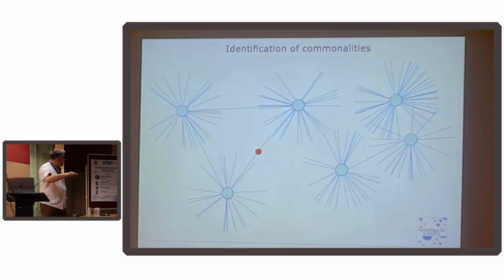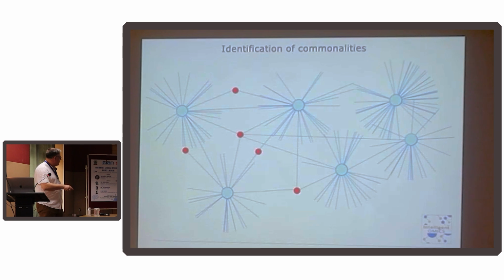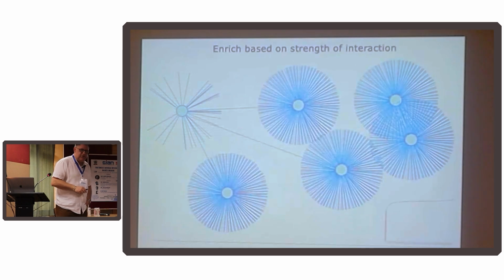What we then do, sorry, this is kind of animating itself because it's going so slowly, is we look for commonalities between those stable interactomes. So a red dot is something that's found in the interactome of this one and this one, the stable interactome. So effectively, this new red dot here is a new gene that is an intermediary in the pathway based upon